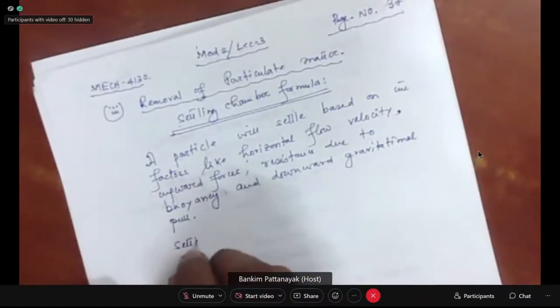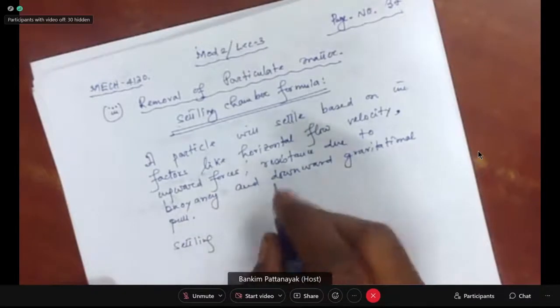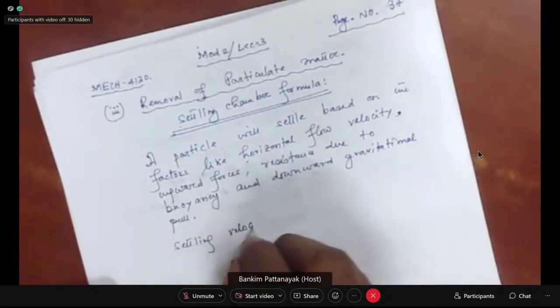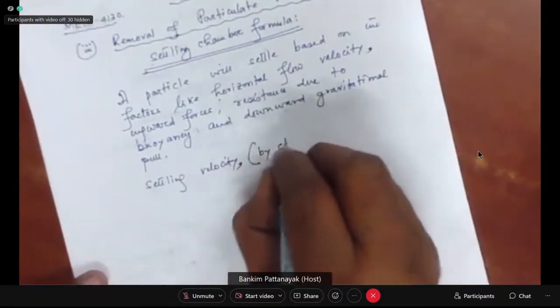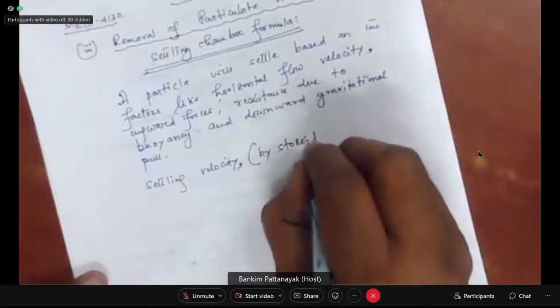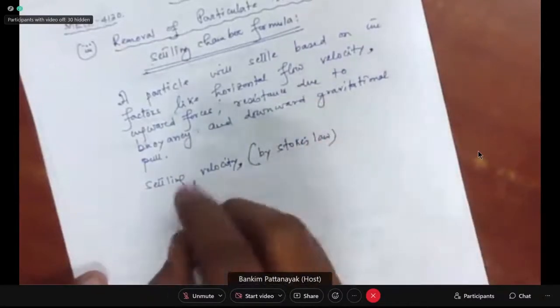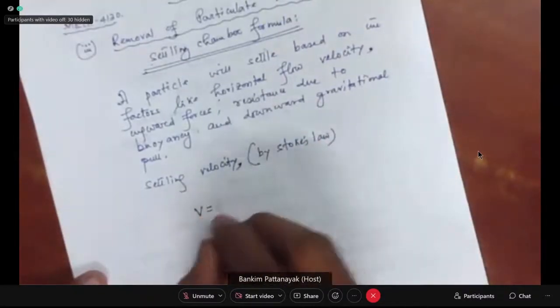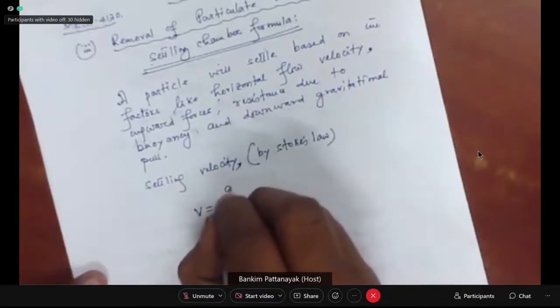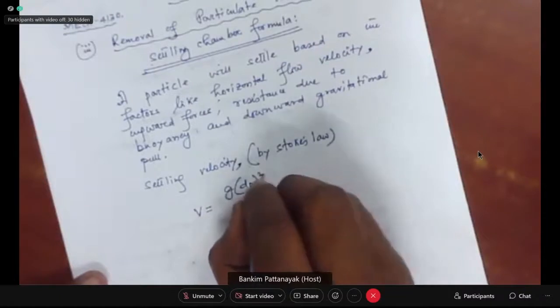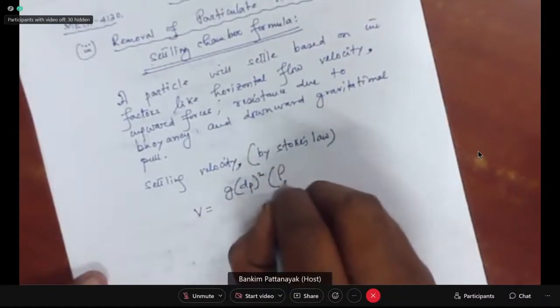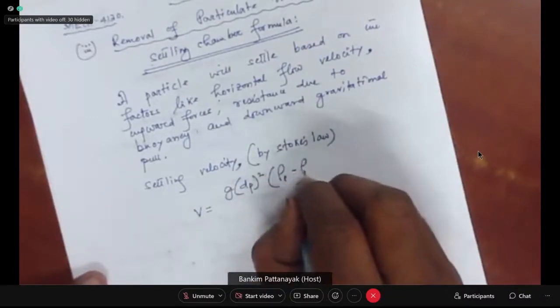Settling velocity is given by Stokes' law. V is equal to g dp square (rho p minus rho a)